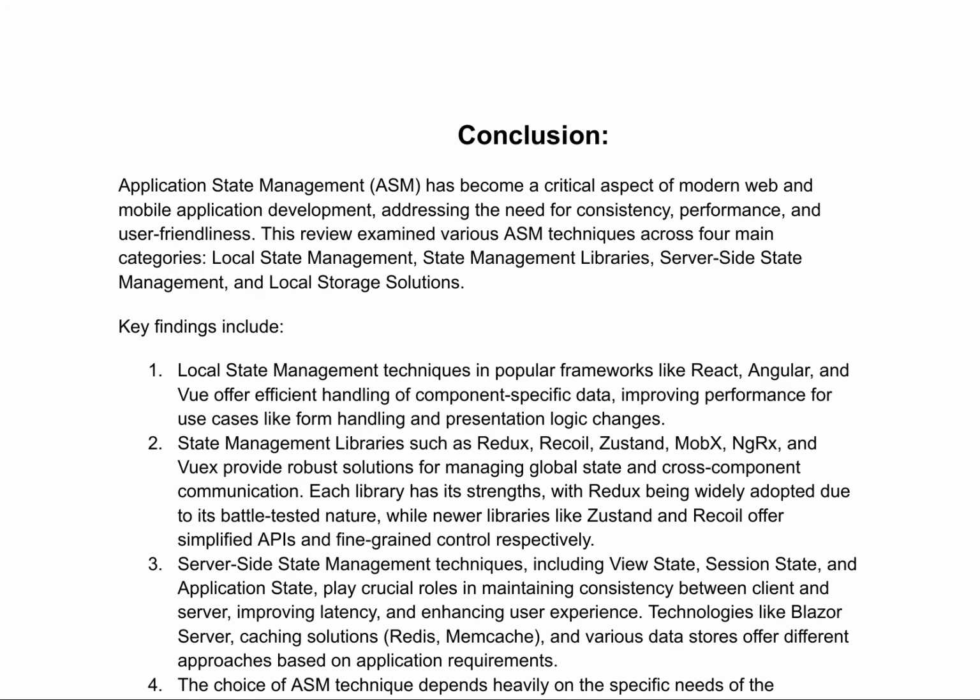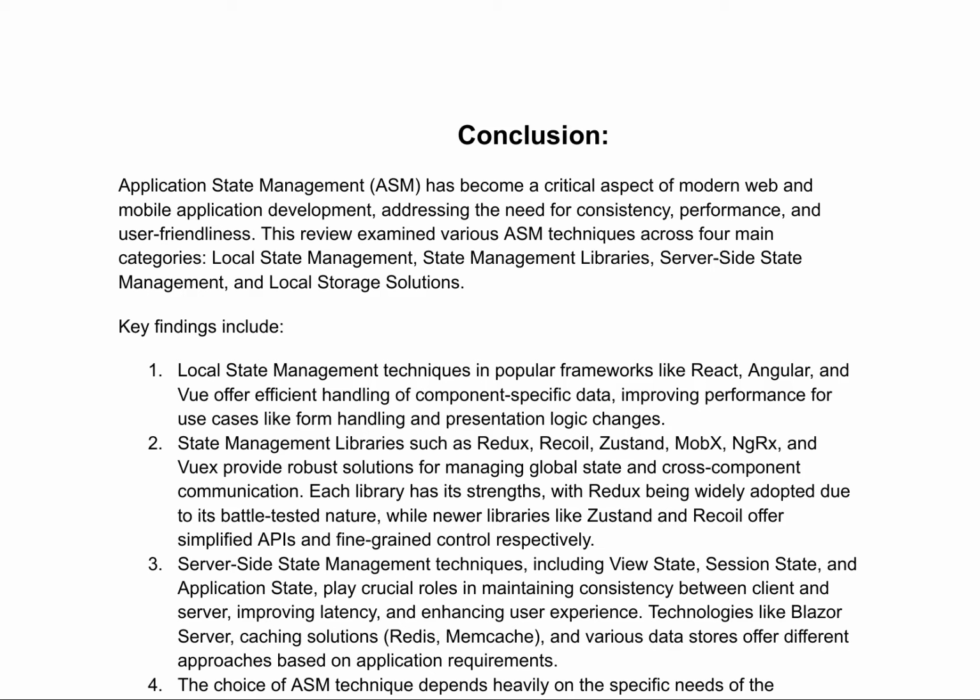Application state management, ASM, is crucial in modern web and mobile application development, ensuring consistency, performance, and user-friendliness. ASM techniques can be categorized into four main groups: local state management, state management libraries, server-side state management, and local storage solutions. Local state management involves handling component-specific data, with popular frameworks like React, Angular, and Vue providing efficient solutions for use